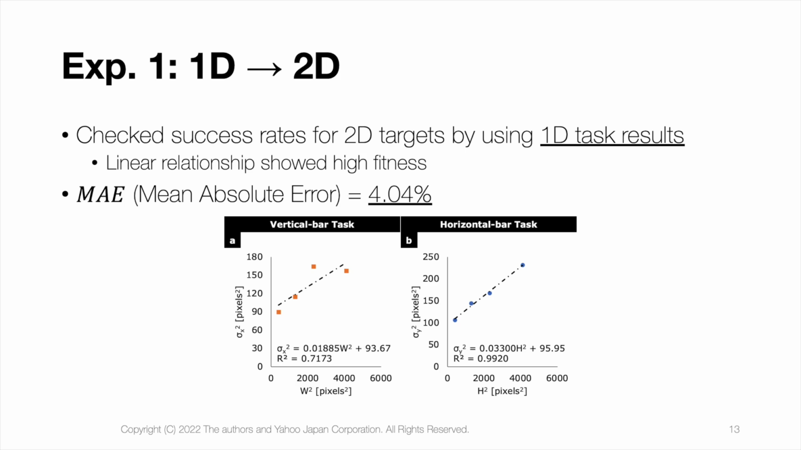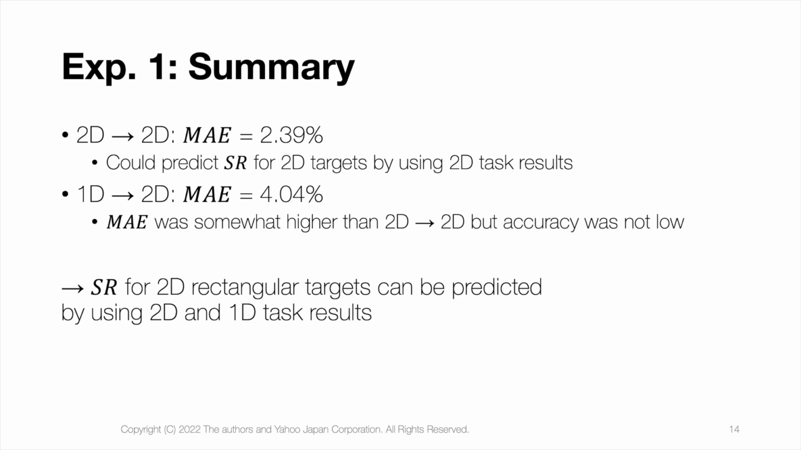Using the 2D task results, we found that the linear relationship showed high fitness. The mean absolute error was 4.04. In experiment 1, using the 2D task results, we could predict the success rate for the 2D targets. Using the 1D task results showed somewhat higher mean absolute error than using the 2D task results, but the accuracy was not low. So, the success rates for the 2D rectangular targets can be predicted by using the 2D and